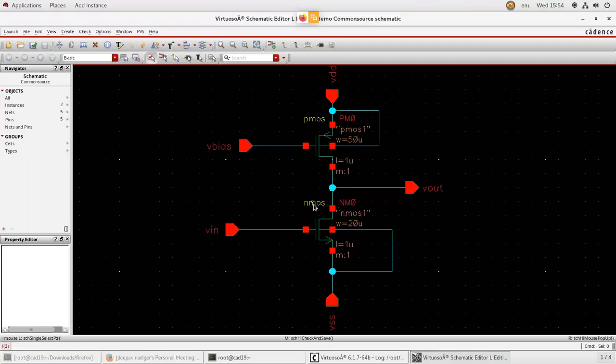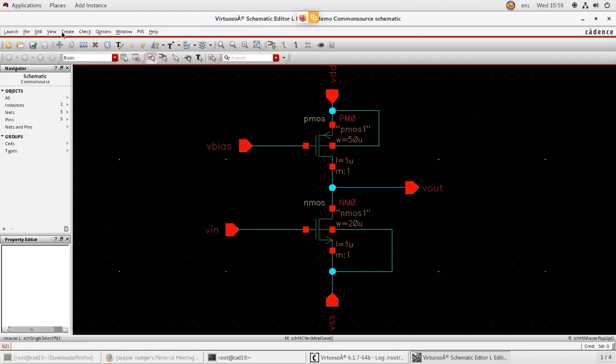Now, when you have this NMOS, you can see here you are applying input to the gate. Output is taken across the drain of your NMOS. This is drain. This is gate. So input is given to gate, output is taken across drain, and source is common between input and output. Because of this reason, it is called common source. Okay. So now take the symbol of common source.